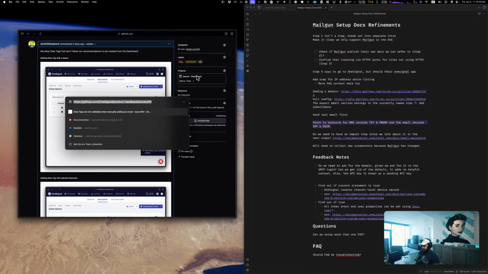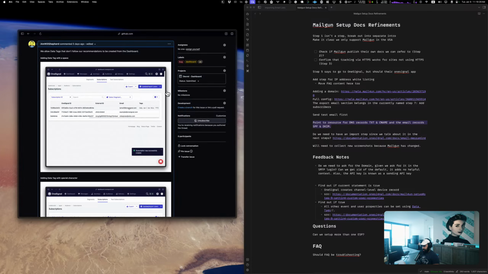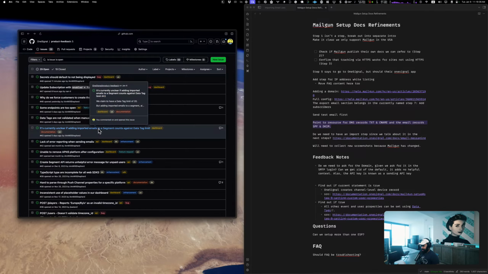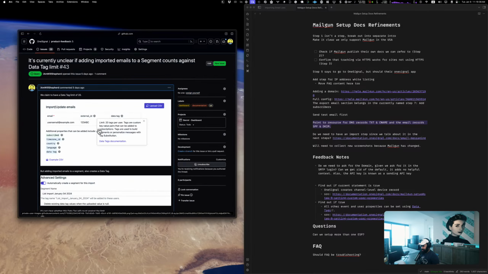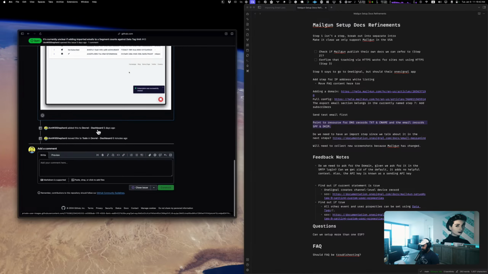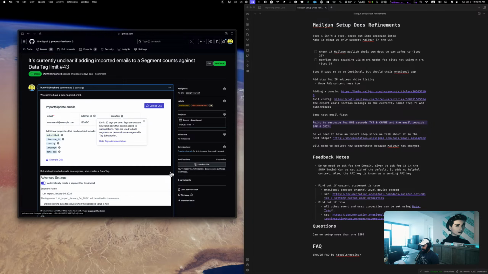Okay, this is now submitted. Let me make sure that that's marked as such. Move on in life. It's currently unclear if adding imported emails to segment counts against data tag limit. I mean, this is kind of a question too, but